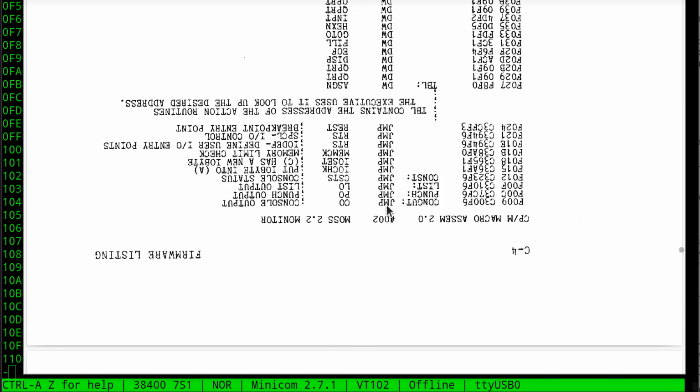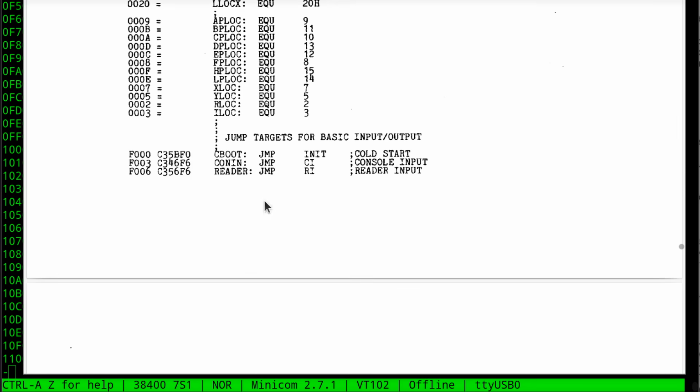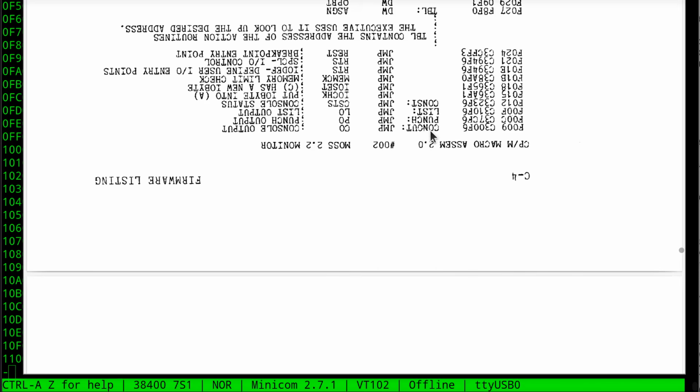Console out does a direct jump to CO. And this is a lot like how CPM's BIOS does their thing. There's this big vector table at the beginning so that you can modify the monitor, obviously, but still use the same entry point addresses. You know these are going to be consistent over the course of time because this vector table will always be in the same place, so that's the motive, right? Or we'll assume that's the motive of why they wrote all this way. And I'm pretty confident I'm right. So here's your con out,